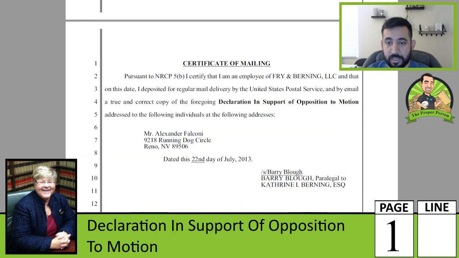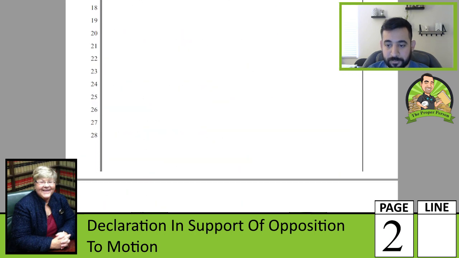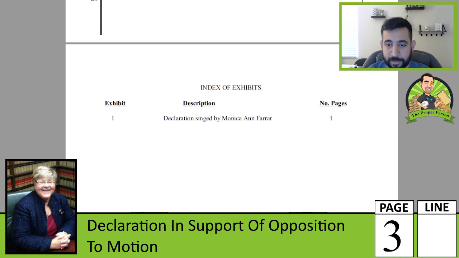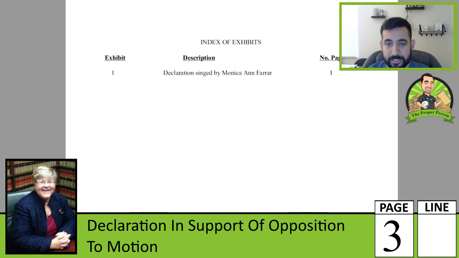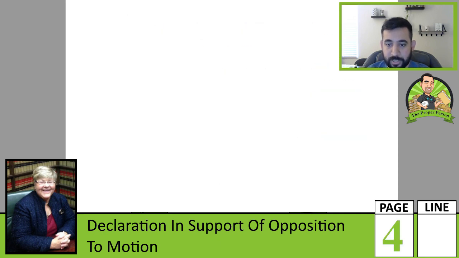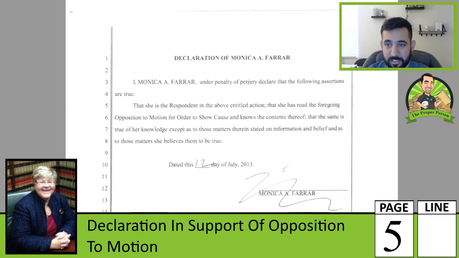So let's take a look here. We have a certificate of mailing under Rule 5, same thing as before. Index of exhibits, declaration by my ex. Did she say singed? Yeah, not signed, singed. All this stuff was put together really sloppily. Exhibit 1, declaration of my ex, and she's just declaring under perjury that the facts alleged in that opposition are